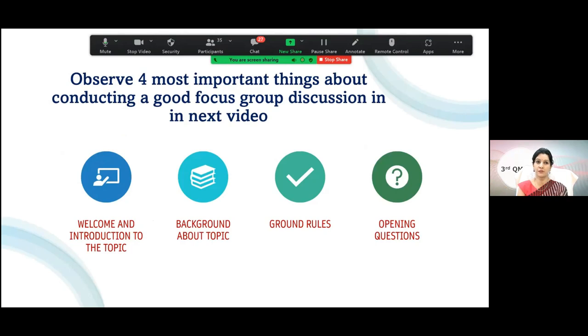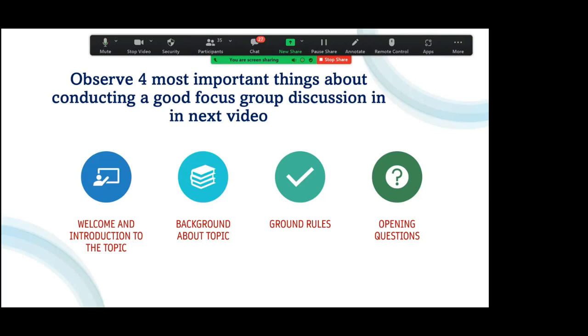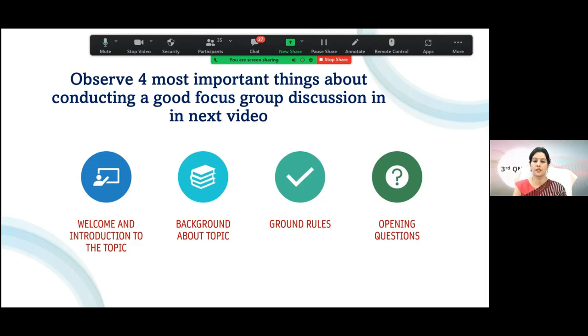There should be a welcome and introduction of the topic once the investigator starts with the FGD. The most difficult thing with FGD is the selection of a venue, especially in the field situation. We tried conducting a few FGDs with the ASHA and ANM, but because of the lack of space or more intrusion of people, we dropped the idea and resorted to in-depth interviews only. So selecting a quiet place where there won't be infiltration of people is the difficult task in conducting FGD.